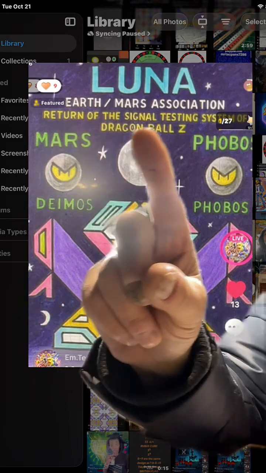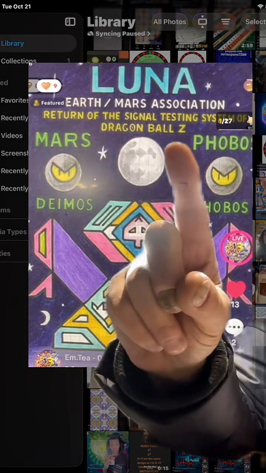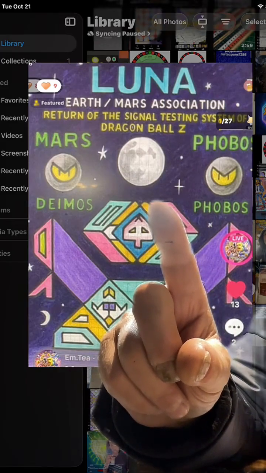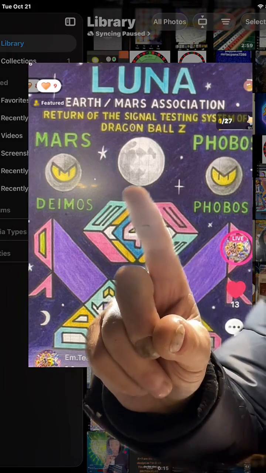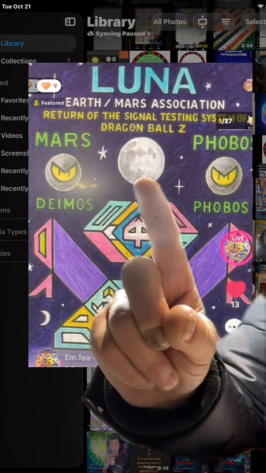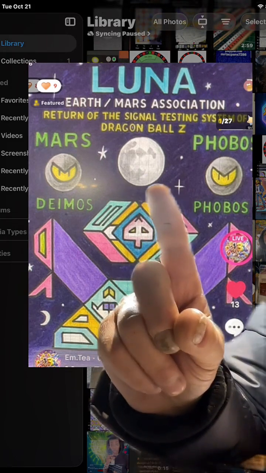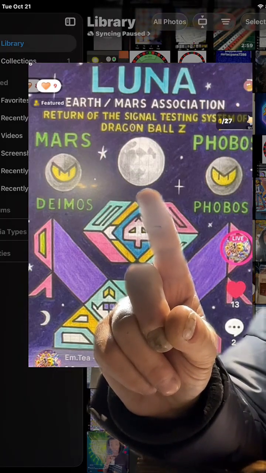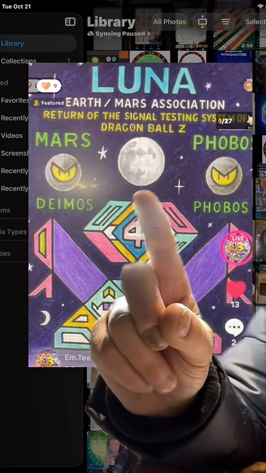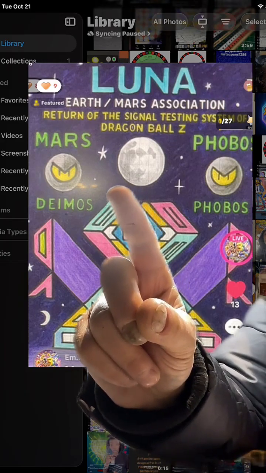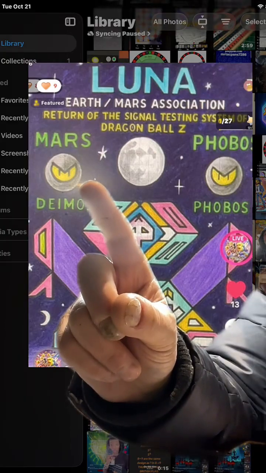Return of the signal testing system, Dragon Ball Z. I should have put Sigma at the top. G and E, 5G. 5G TV represents the feminine and the masculine. The TV is the split of the gateway. 4 times 2, 4 plus 2 equals 8 and 6. 8 and 6 is the division, or what is the bridge to the other side or the inside, right? Or is it down the rabbit hole at the 7th gate?